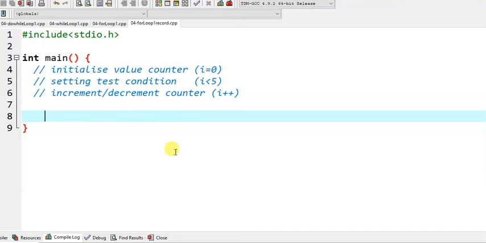There are three types of loop statement in C language. First is the for loop, the for statement, then second is the while loop, and the third one is the do while loop. So the first loop,